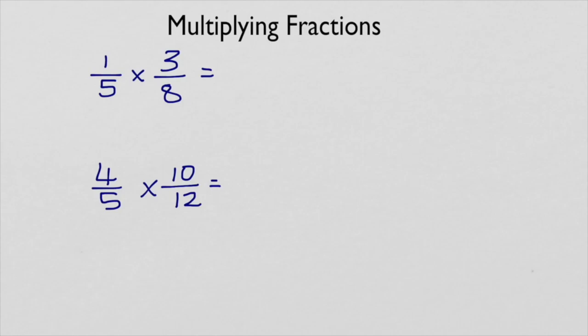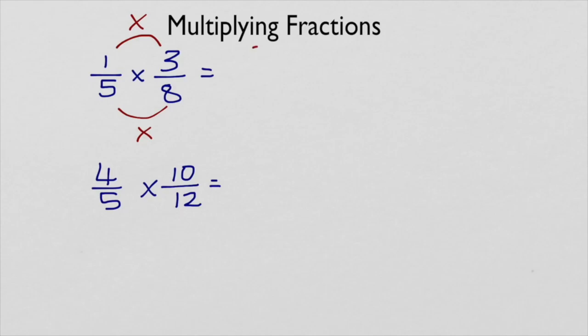Today we will have a look at two types, one with some smaller numbers and one with some bigger numbers, and the best way to solve them. Okay, so multiplying fractions, the method is fairly straightforward. All you need to do is multiply the top numbers by each other and then multiply the bottom numbers by each other. So for the first one, a fifth times 3/8,